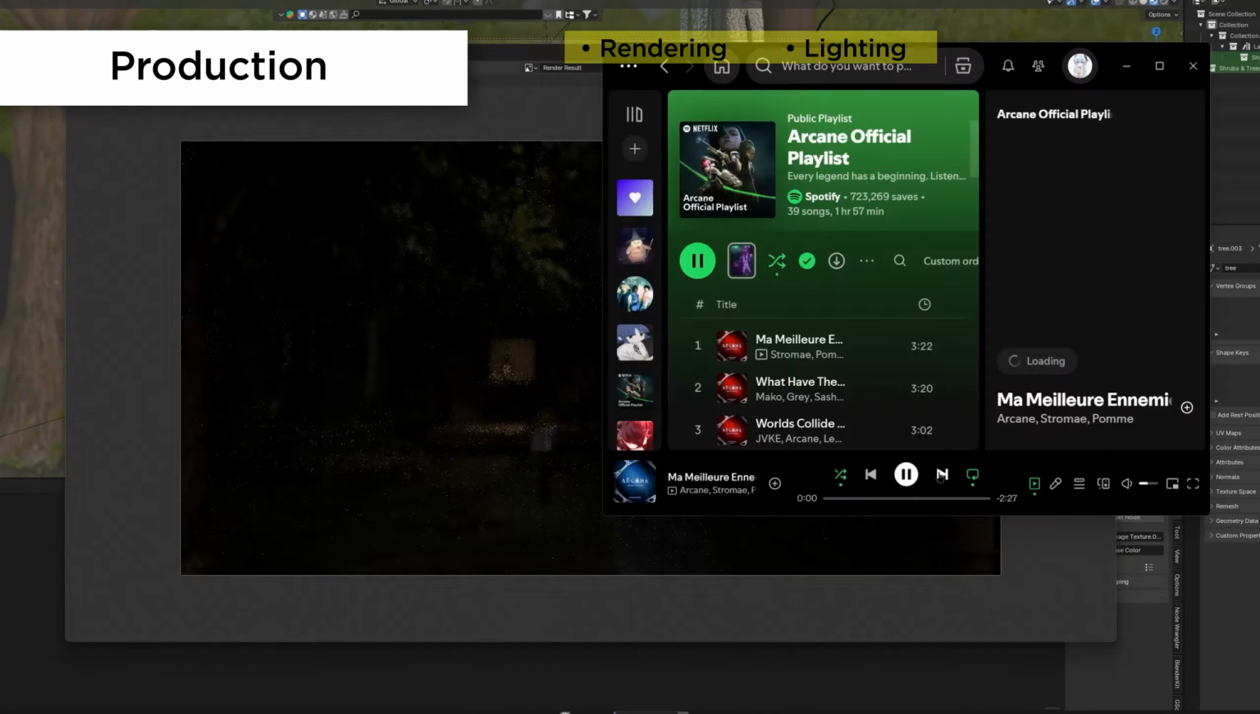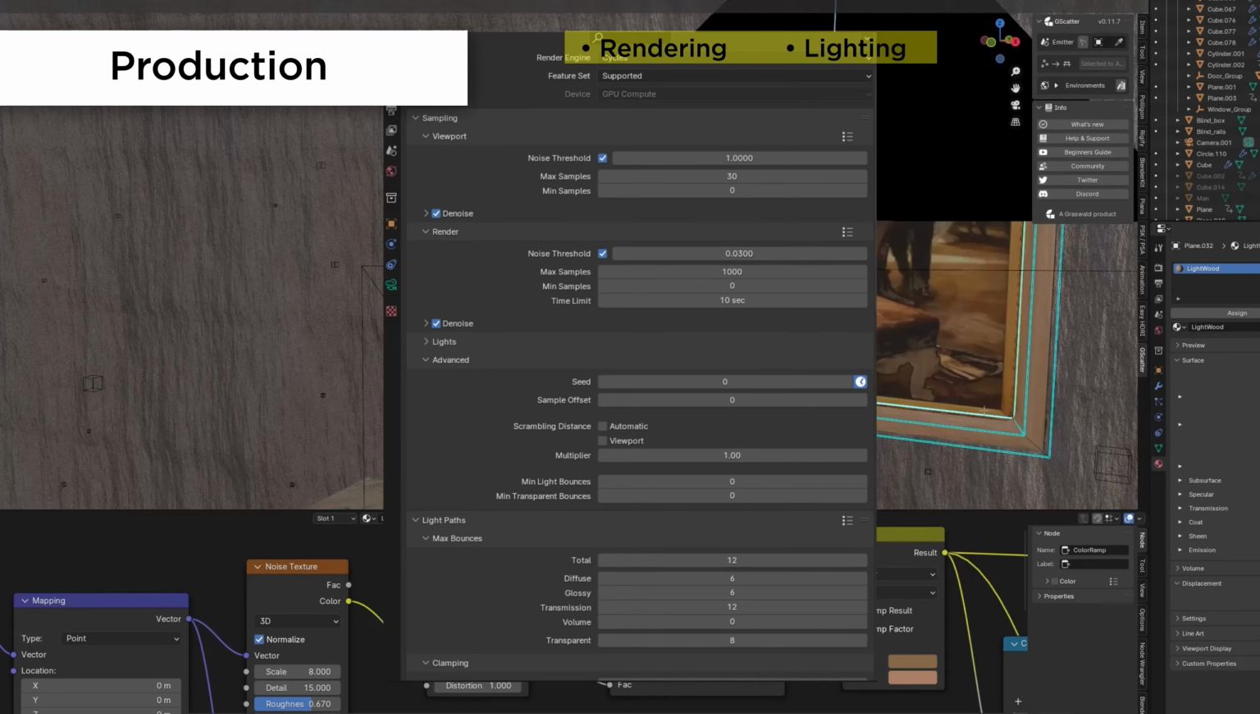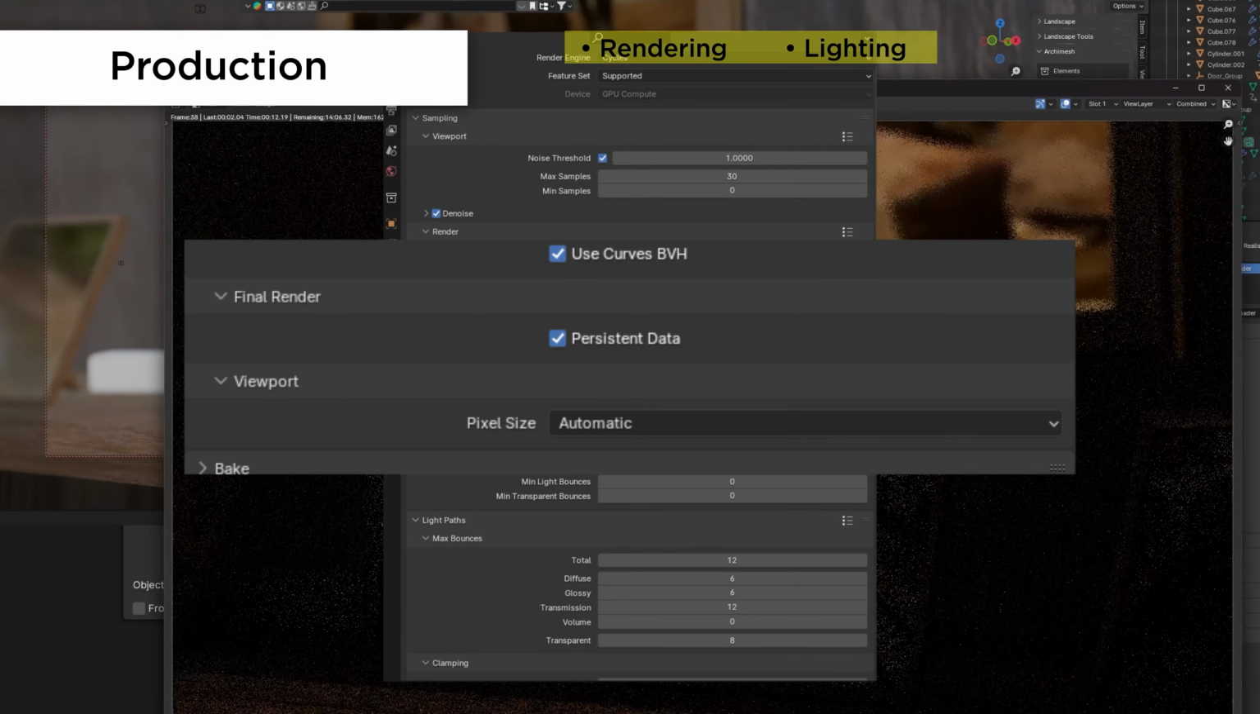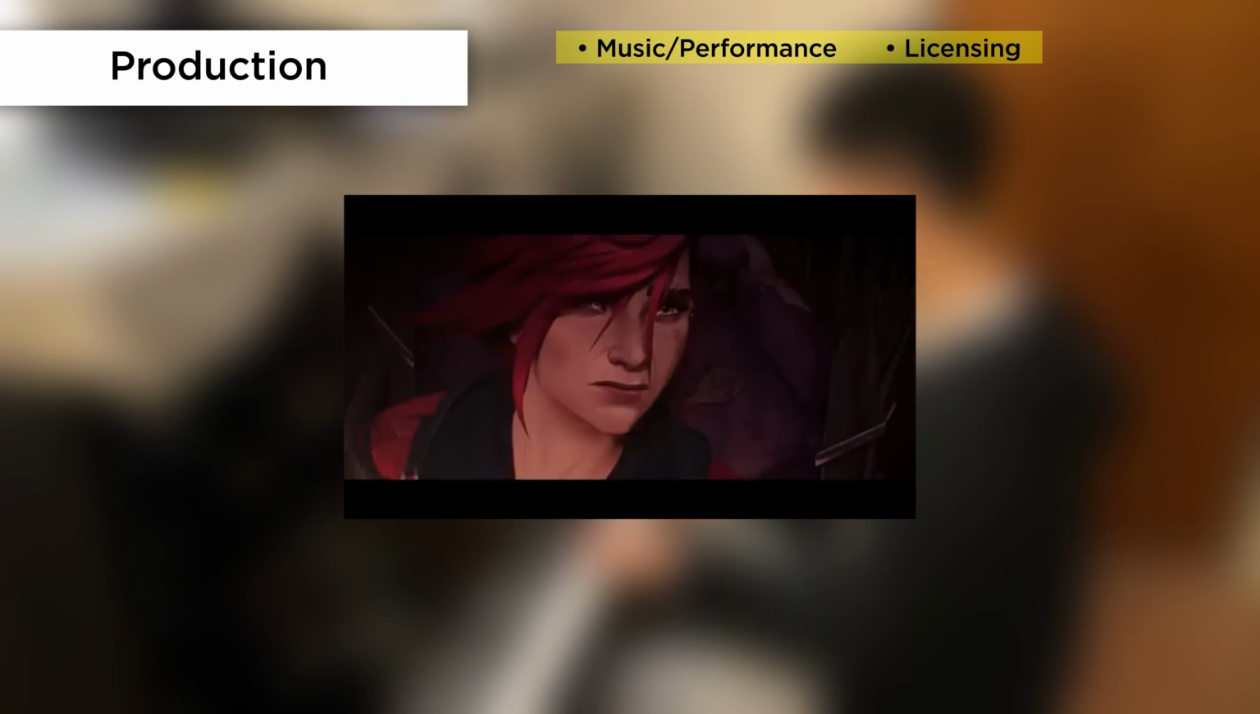I then went straight into rendering, where I used these settings. I made sure to enable persistent data for faster render times and took several test renders before rendering the final shot at full resolution. I also began learning the composition for the piece What Could Have Been from the series